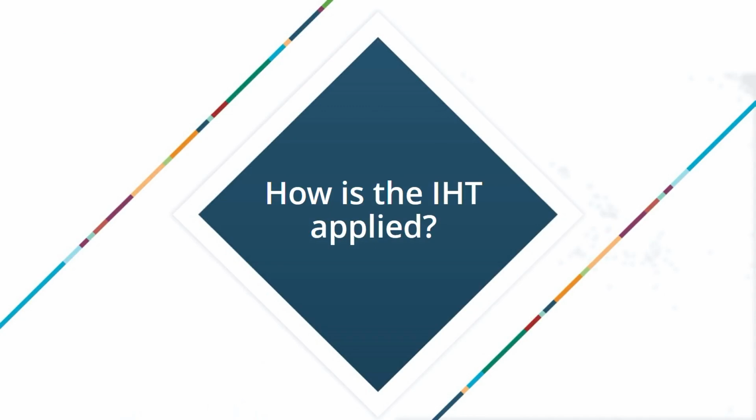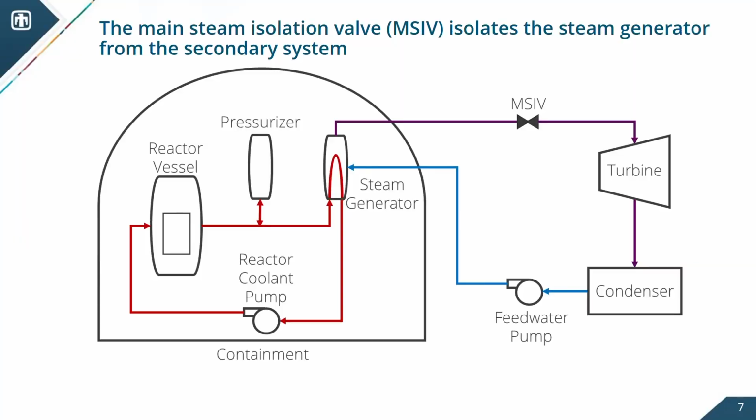But first, I'm going to come up with a simple example. I'm a nuclear system designer, so I'm going to talk about a pressurized water reactor. This is a simple light water reactor, a pressurized water reactor, and one of the primary safety functions is to remove decay heat from the core.